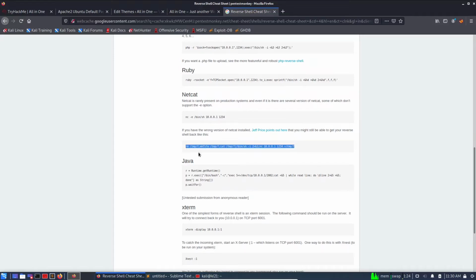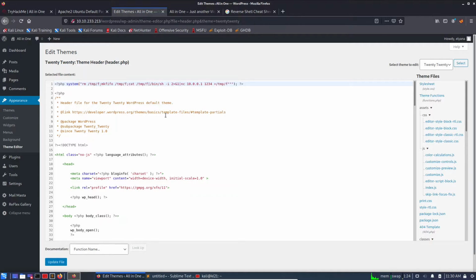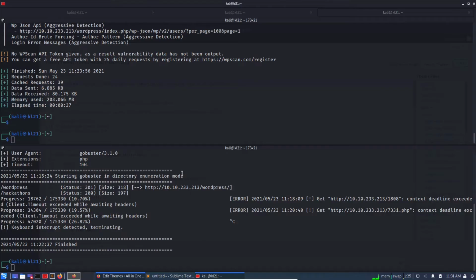So maybe we can try using this, and basically what we need to do is just replace the system part and mention everything in double quotes. I guess this should work. Okay, now the IP address 10.8.21.57, port 1234, and let's start a shell,